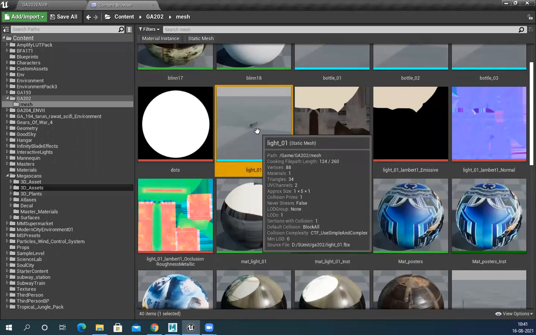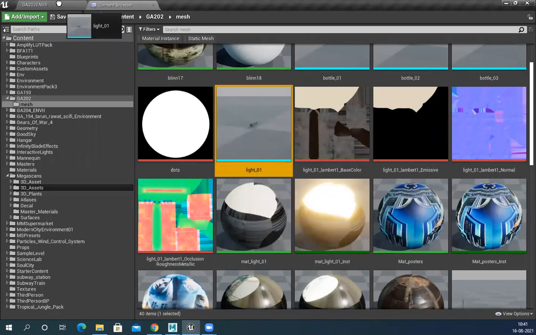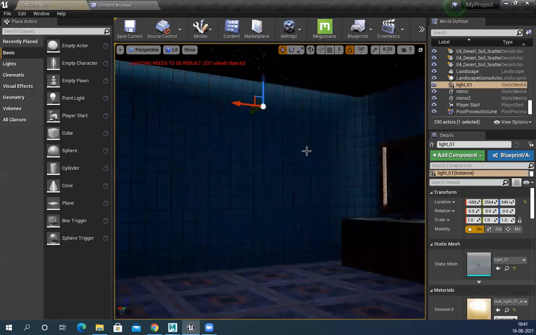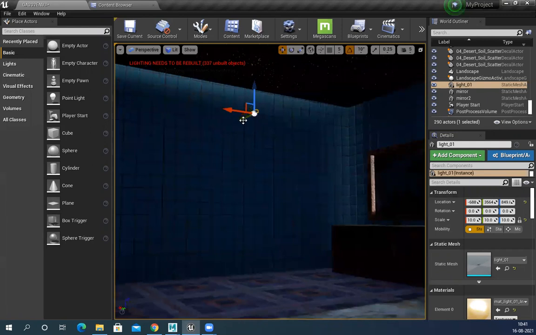This is ready, but the only problem is, if I place it into the scene, see, if I place it here, scale 10 times.